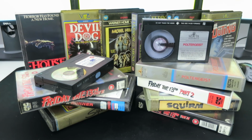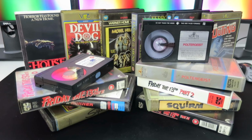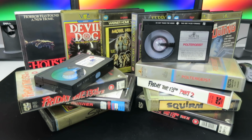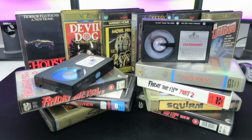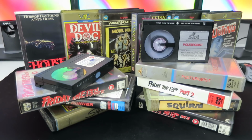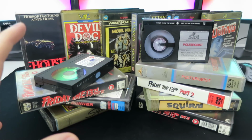Now, before we go any further, let me just quickly touch on the pronunciation. From this point forward, I'm going to say Betamax. That is pretty much because in this country we do say beta in terms of alpha, gamma, beta, as opposed to beta. But also, as I've been chatting to people about this format in particular,